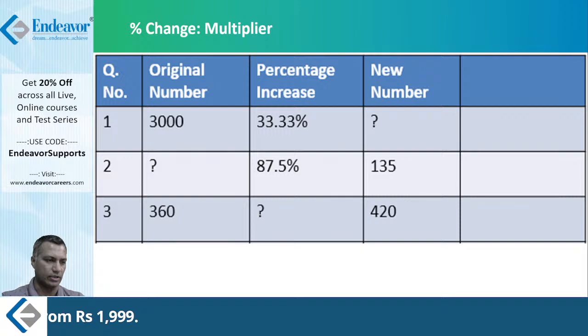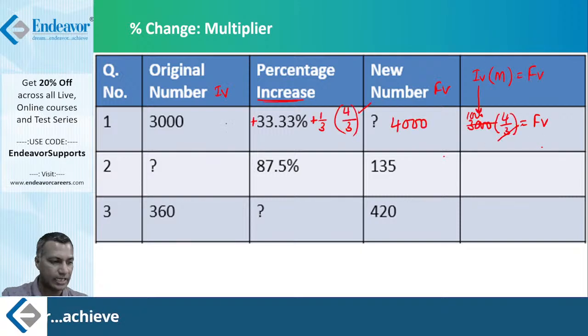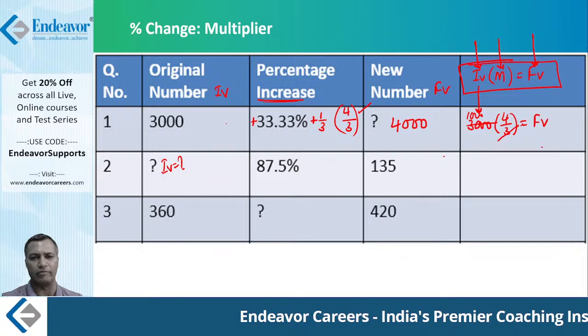Now he's saying that the initial value itself is the question. I don't know the initial value, then the final value is given to us. Fair enough. The structure is the same. You have to give me 2 ingredients out of 3 ingredients. What are the 3 ingredients? There is an initial value, there is a multiplier, there is a final value. You give me any 2, I will be able to find the third one. You can't say I will give you 1, find the other 2. No, you have to give me 2, then I'll be able to find the other one. So 2 out of 3, any 2 is fine for us.